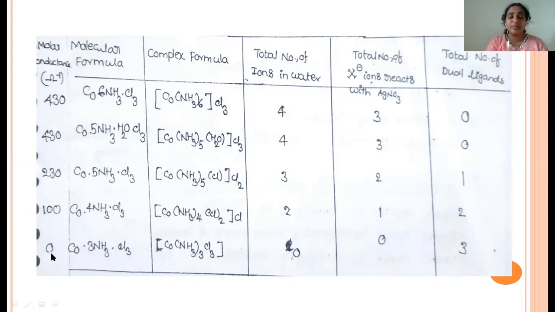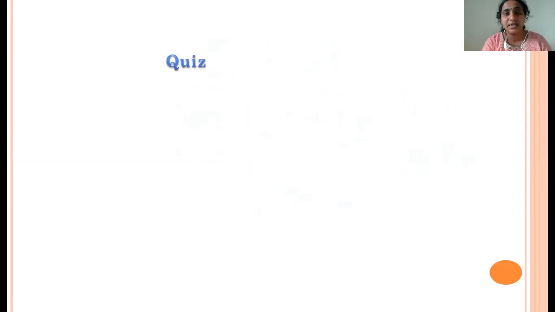Like that, Werner explained the properties and structure formation, as well as how the coordination complex forms, by taking different amino cobalt complexes. He could also explain the molar conductance of the different types of complexes. What is the primary valency? What is the secondary valency? He could explain. How can we calculate the oxidation number? How can we calculate the coordination number? Everything he explained. So finally, in the summary of today's topic,